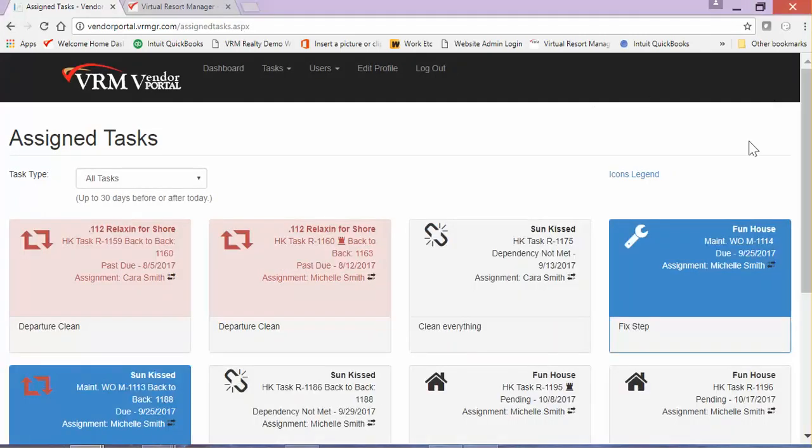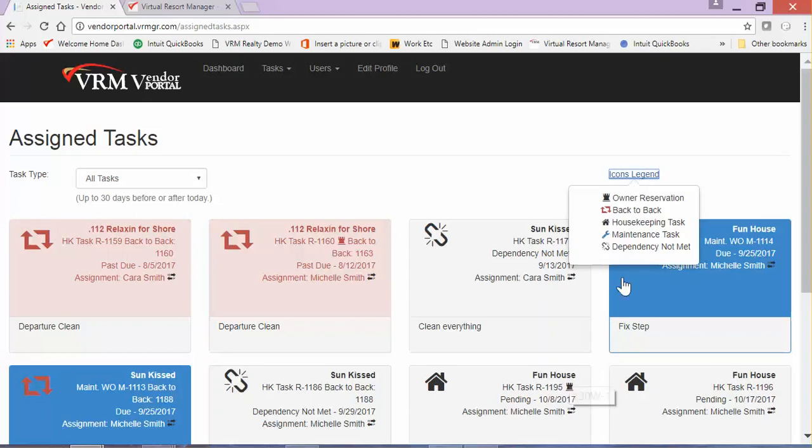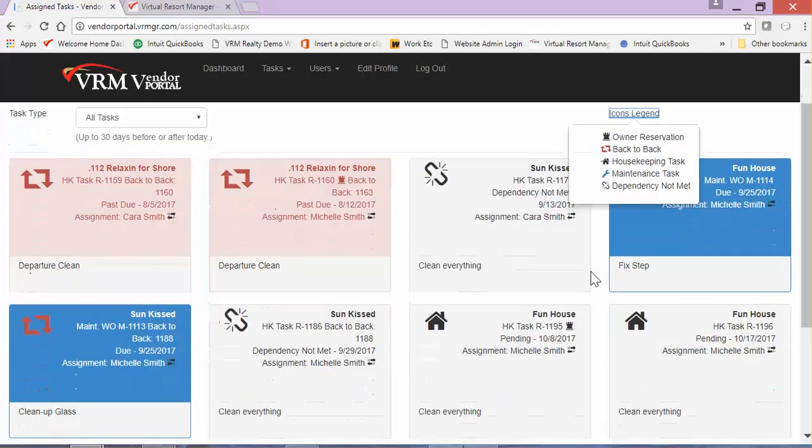be completed. At the top right, there is an icon legend which will explain all of the icons that are used in the vendor portal. If you click on it, you will see that the rook indicates that the reservation is an owner reservation. The two arrows that form right angles to complete a box indicate a back-to-back reservation. The house icon indicates the task is a housekeeping task, and the wrench icon indicates it is a maintenance task,